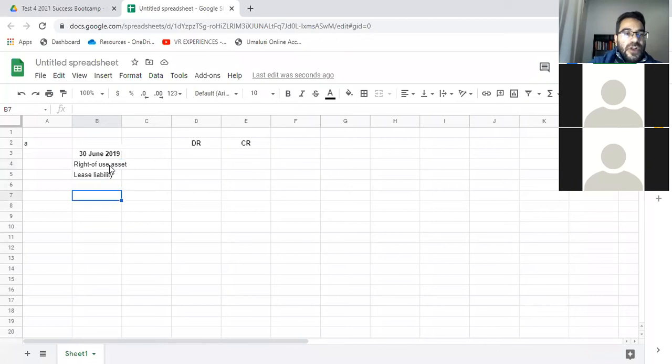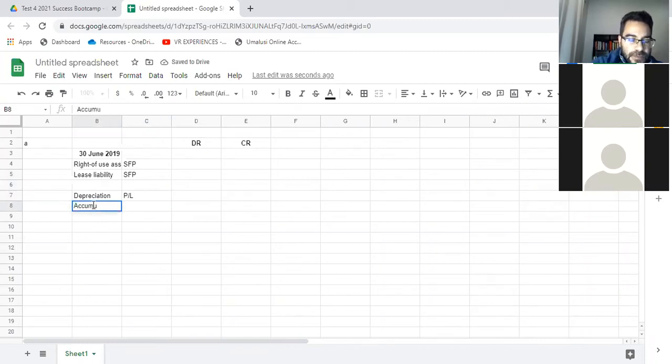Subsequent measurement on the right of use asset would be depreciation. Don't forget this, okay? You're going to lose marks if you don't put that in, so don't lose marks because you're not putting that in. So depreciation, P&L, and then